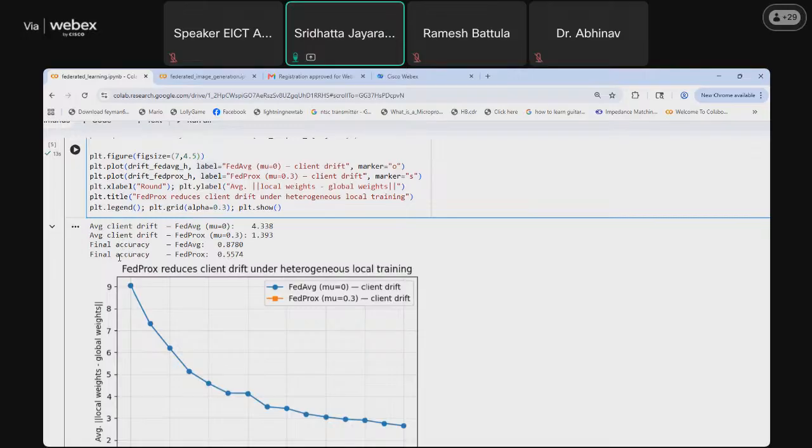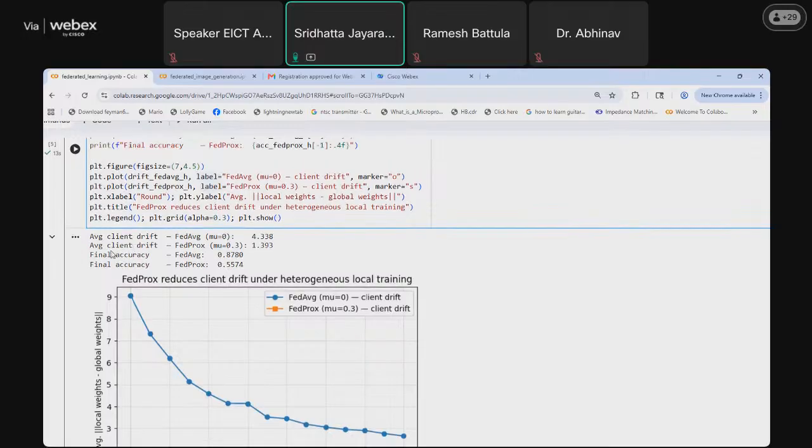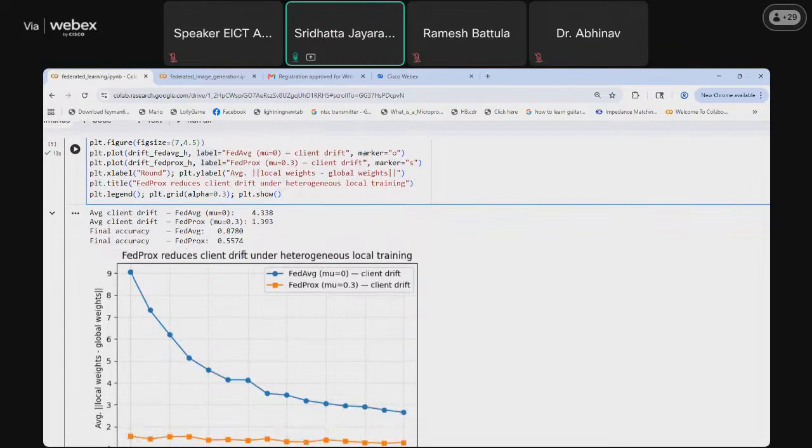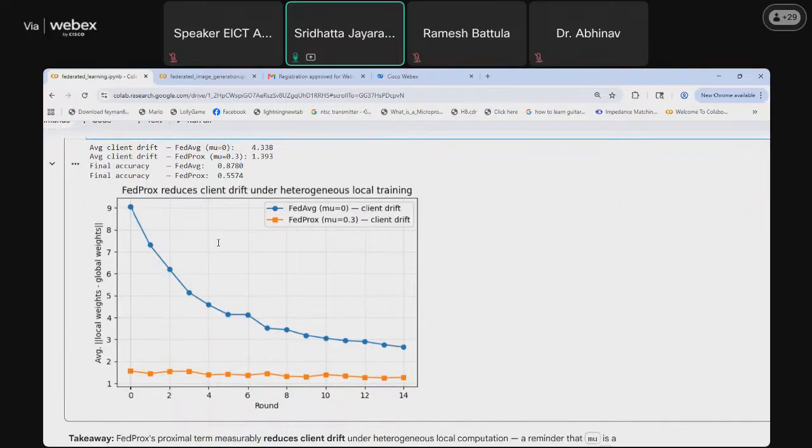The final accuracy using the FedAvg algorithm was 87.80, and after applying FedProx, the accuracy actually reduced to 55.74.